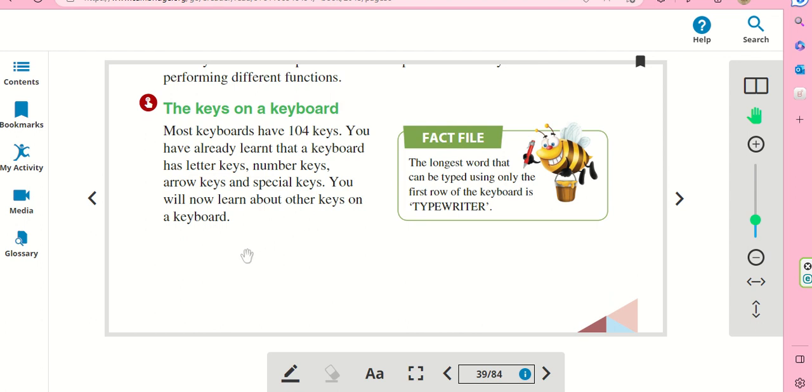We should remember, the students should keep in mind that most keyboards have 104 keys. Of course, you have already learned that the keyboard has letter keys, the types of keys on the keyboard. We have learned about them in grade 1. Letter keys,